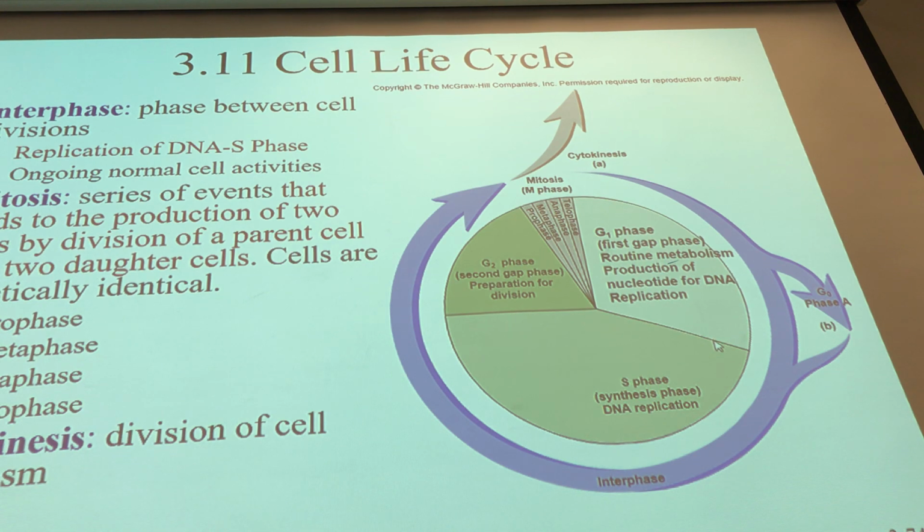The next phase in that cell's life cycle is the S phase, or synthesis phase. That synthesis phase is where we will see another cellular process called DNA replication. Now, DNA replication is actually slightly easier in some ways than protein synthesis. It's just one step in terms of we duplicate everything.